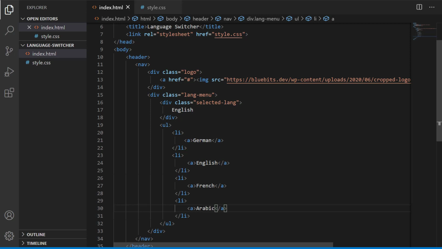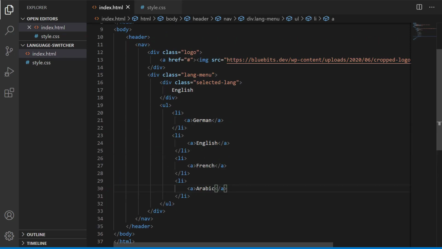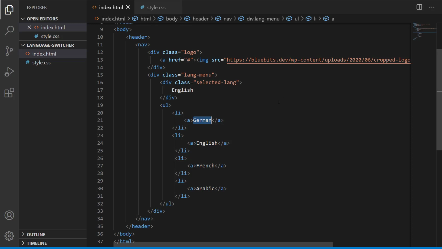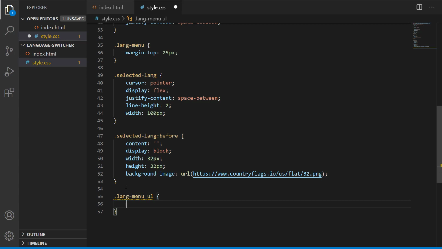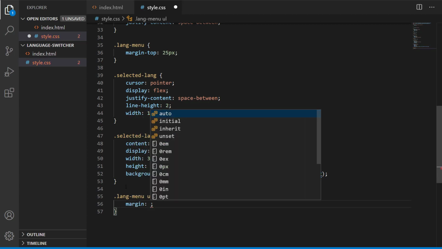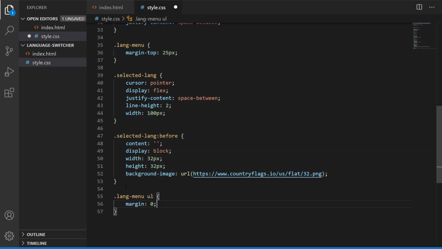So if we go to our demo now, which we have at the beginning, we need to get that this menu is inside some white box and it has some shadow. So let's first create the white box for the UL and give it this styling. So we go to the style CSS, and then I will type the language menu inside the UL, and then I will say margin 0 just to initialize these values,